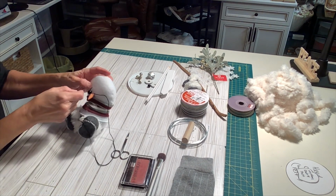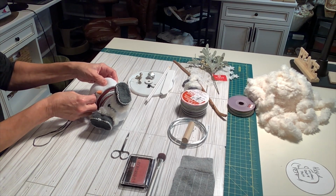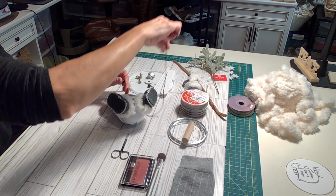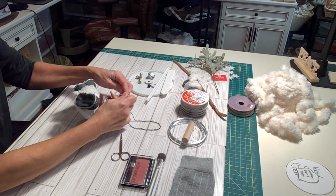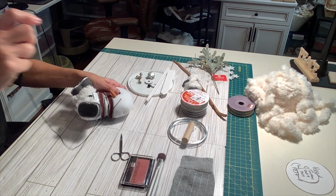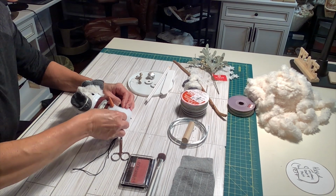and we're going to go back in and I'm going to come out the other side where I want the other eye to be. So I'm going to go in, and then the other eye will come out right there. Okay, then we're going to thread the other eye, and we're going to go back in, come back to the other eye,